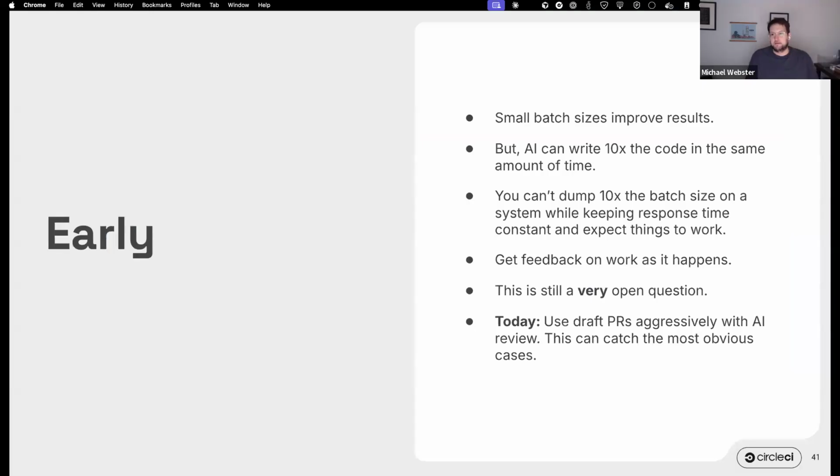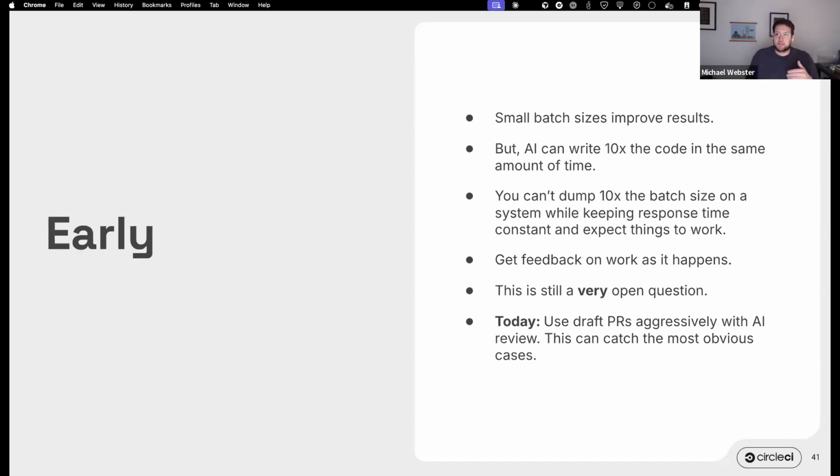Feedback also has to be early. And this is probably the part that's maybe the most uncomfortable in the SDLC. We talk a lot about shifting left, but in practice, a lot of the feedback that blocks a change going to production happens pretty late in the process. There's a lot of things you can do to get feedback earlier. Small batch sizes are a really common approach. There you absolutely should be working in small batch sizes.